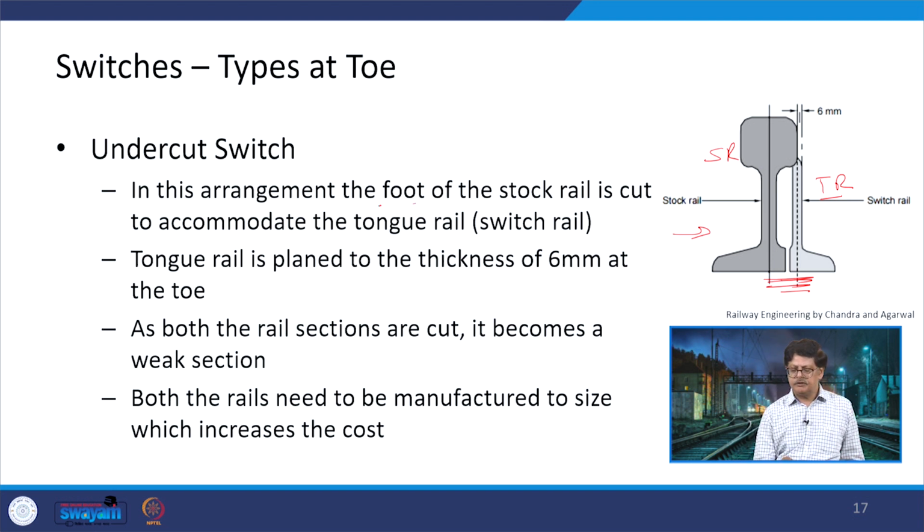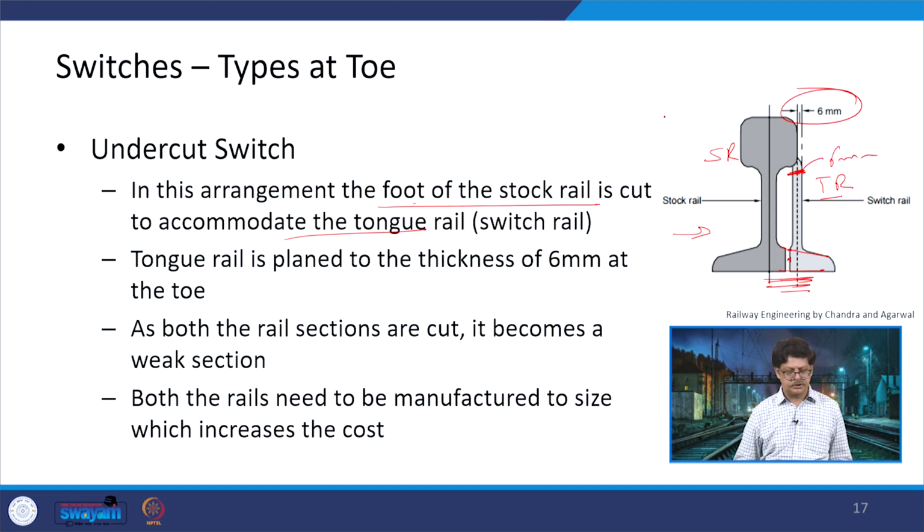In this arrangement the foot of the stock rail is cut to accommodate the tongue rail. It is cut in such a manner that the tongue rail comes and just meets and butts against it. If you just join the rest of the section, it will go in this form, but because they have been cut there is a gap here. This brings in weakness here. The tongue rail is planed to a thickness of 6 mm at the toe. So, here the thickness is 6 mm